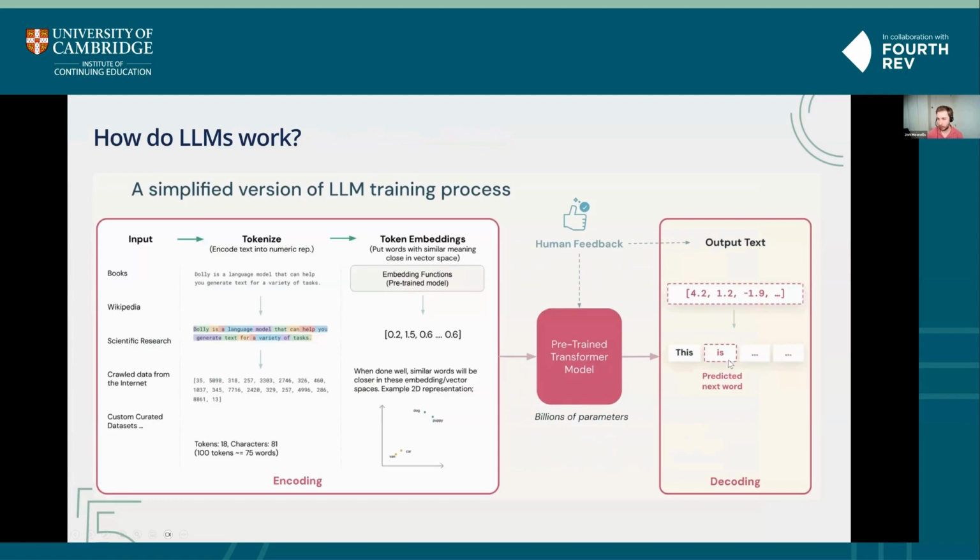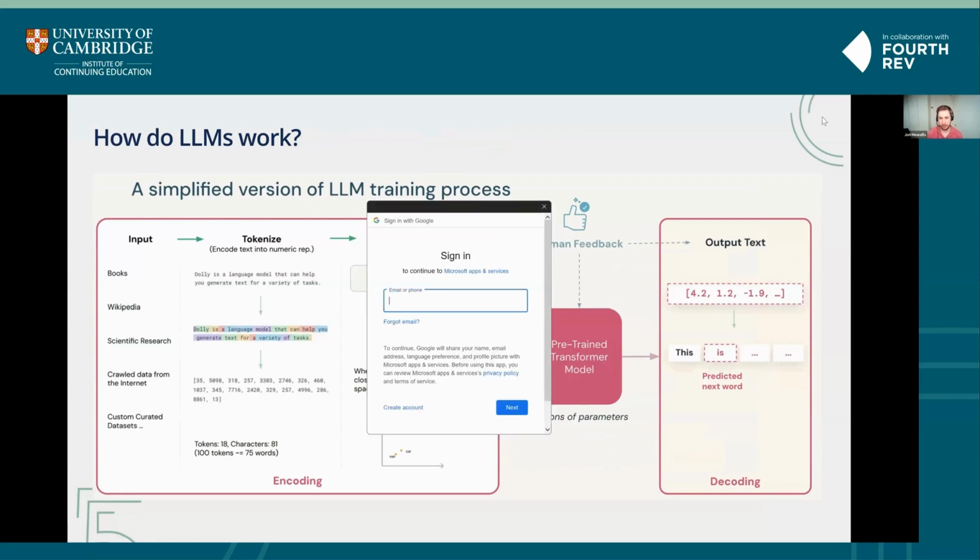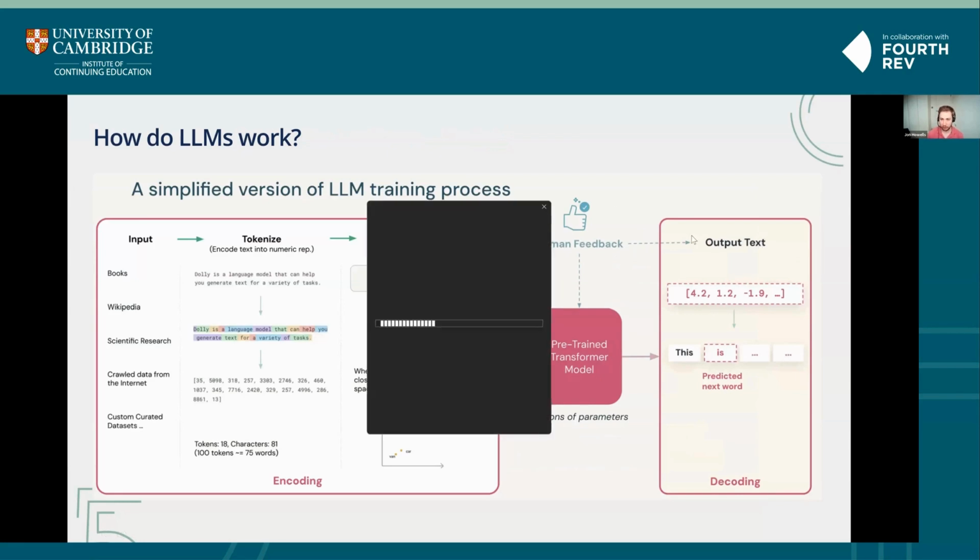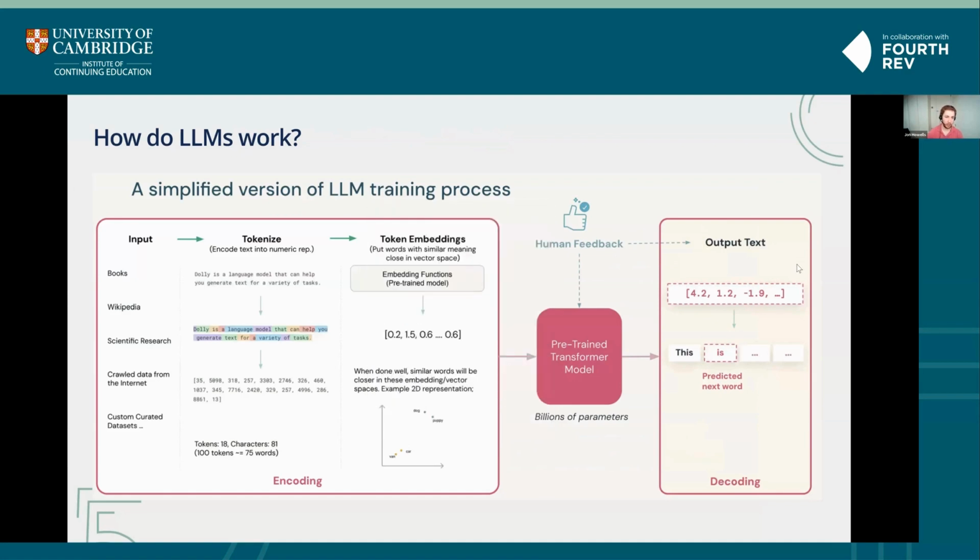And how are large language models trained? How do we actually get to this point? This is very much a simplification, but it should give a good understanding of the process towards training large language models. So the starting point is collecting all the relevant data, whether that's from large data sets like Common Crawl, which is scraped off the internet, or through textbooks, Wikipedia. Recently, OpenAI partnered with Reddit to be able to train on their data. So it's huge, vast amounts of data in the trillions of tokens.